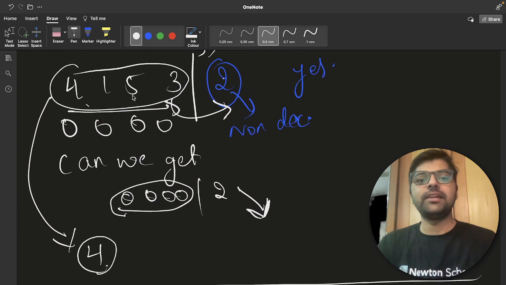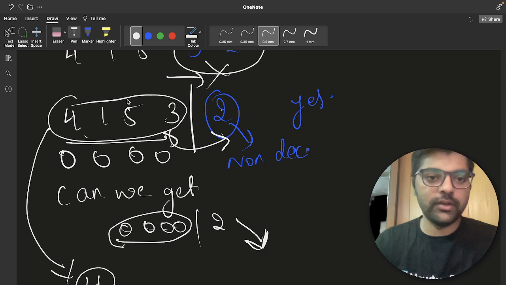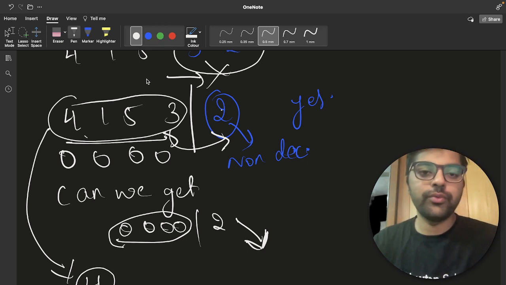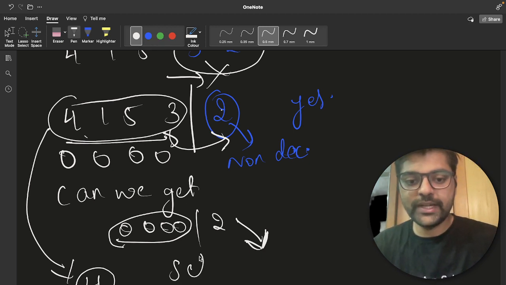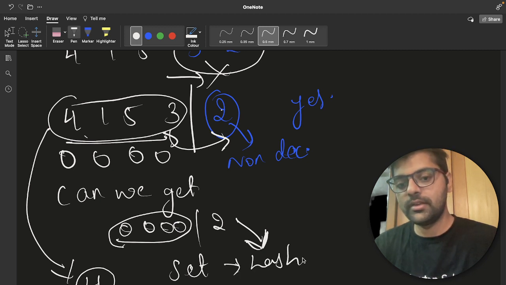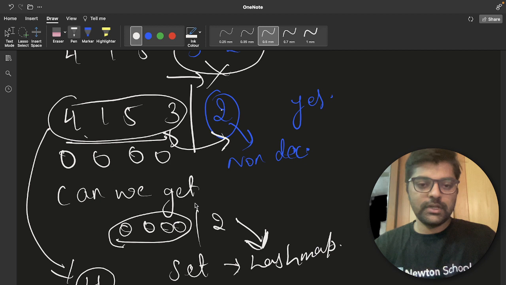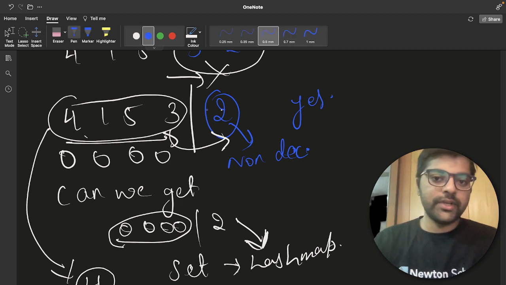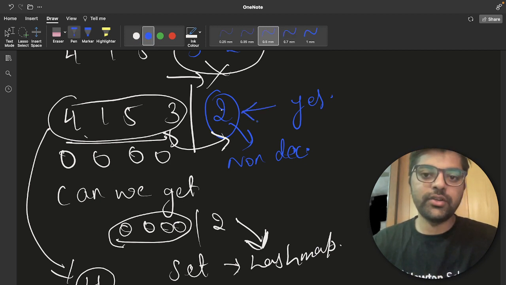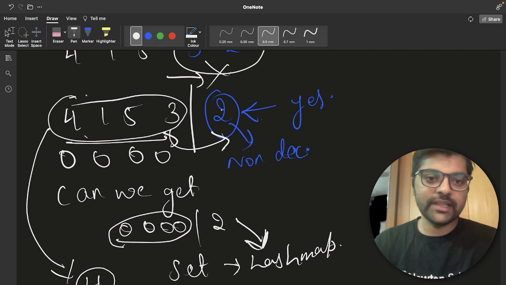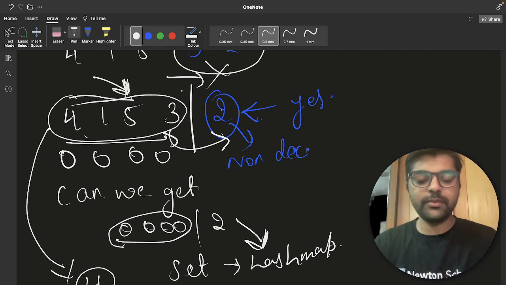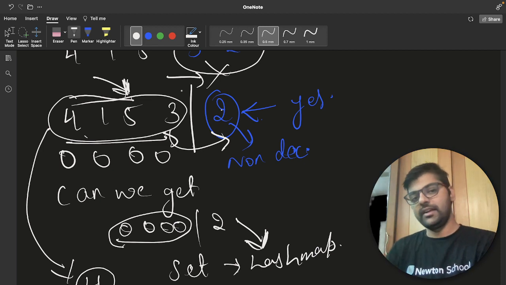So how will we check whether this is occurring on the left side or not? So let's say we will maintain a set, or let's say a hash map, anything you can maintain. So first we will check that this is non-decreasing or not, and after that we will check on the left side if a number is present, let's say 4 is present, then it must not be present on the right side, right?